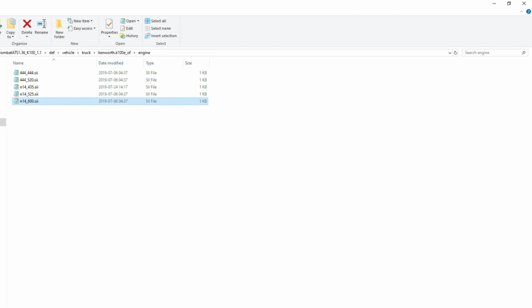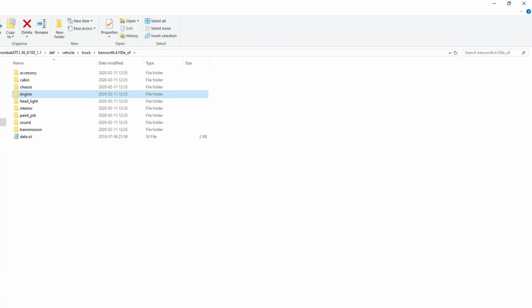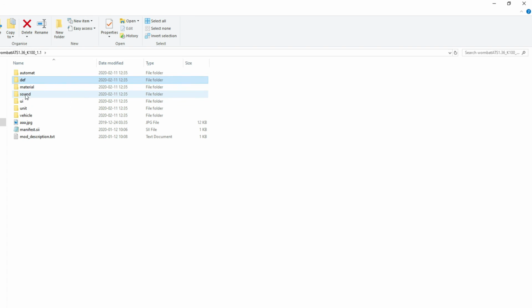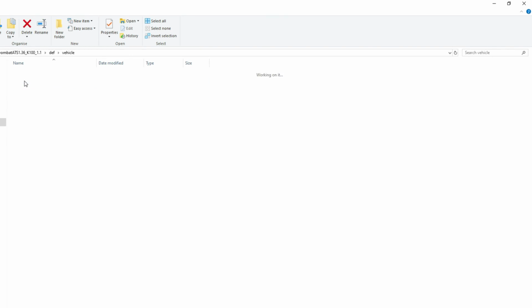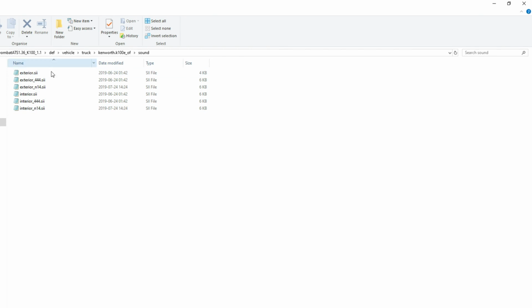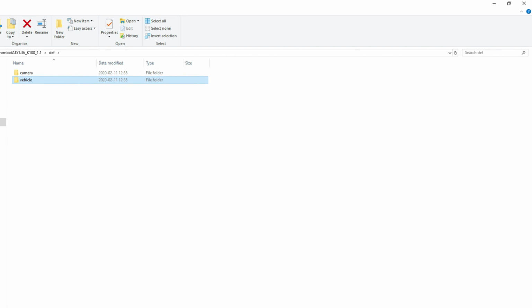Again, these are the 3 changes I made to the truck, but we're going to take a quick look at some of the other things you can do with your truck. If we go back to the dev folder again, you'll have sounds. You have sounds in here as well, but these are just SII files with information on when to use the different sounds that you have, so don't mind that. Instead, you'll find the actual sounds here,